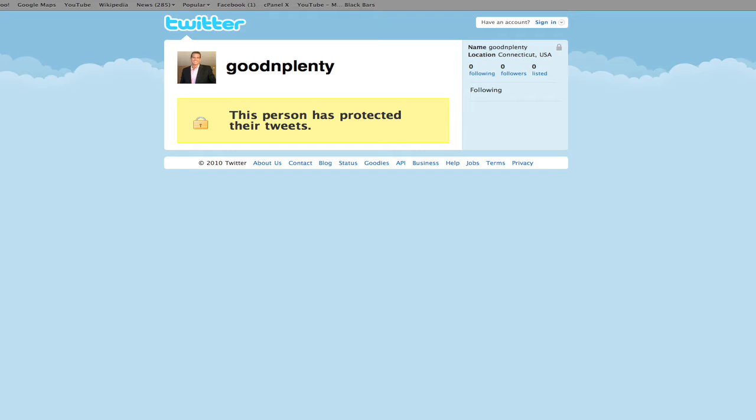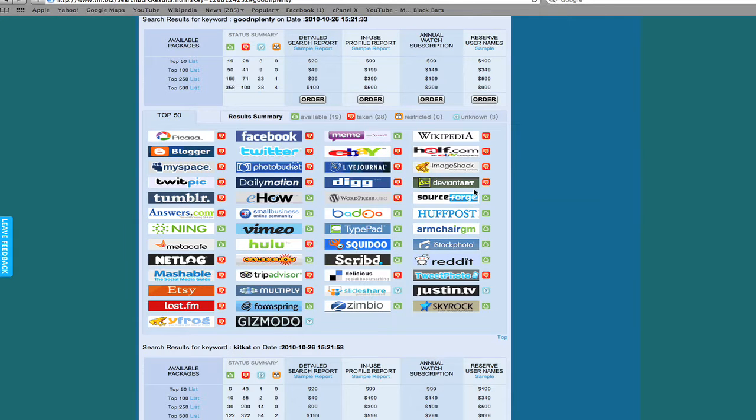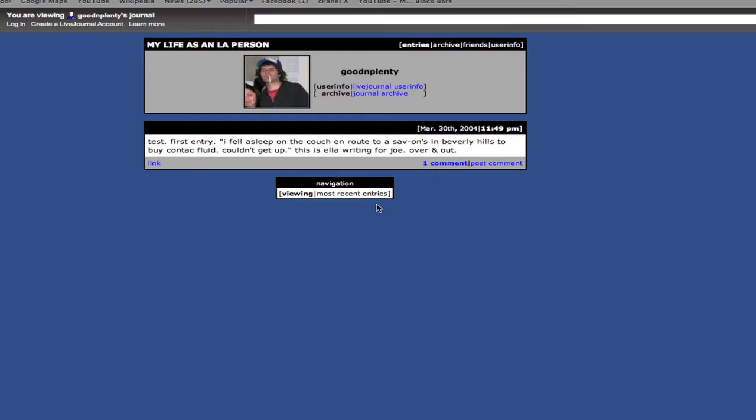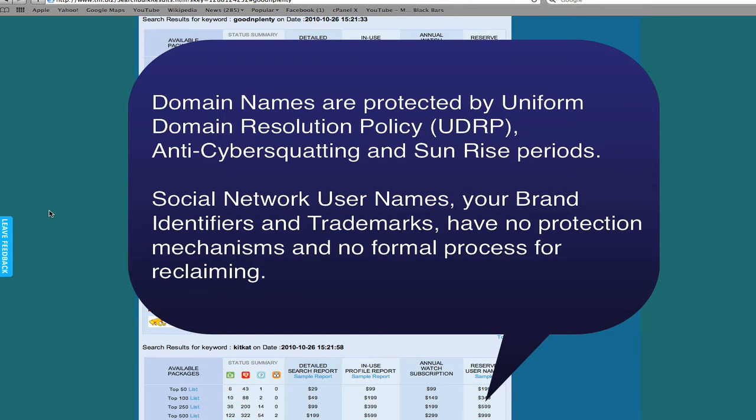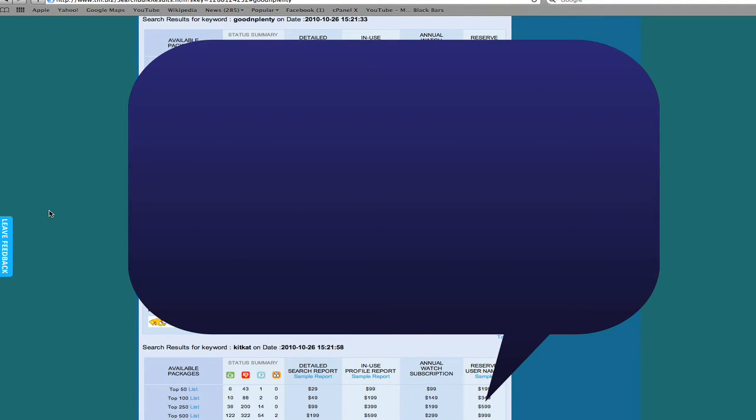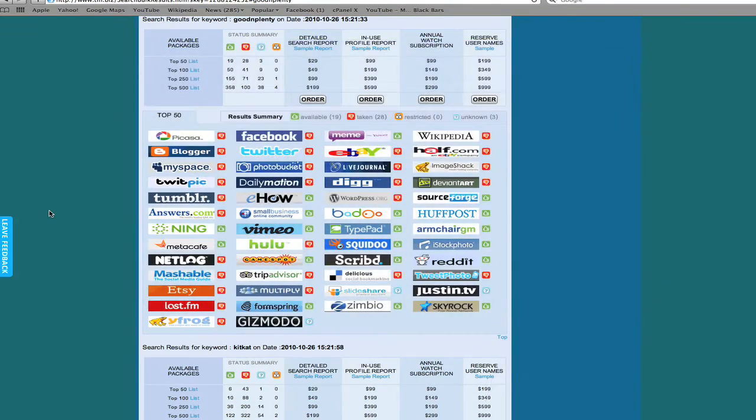And in order to recover these usernames from these three different individuals, I'll show you one more. LiveJournal, for example, is yet another individual using the Hershey trademark. To recover any one of these names is going to cost Hershey several $1,000s at a minimum, and the chances of recovering it are probably 50-50.